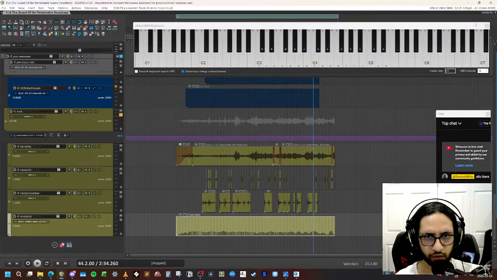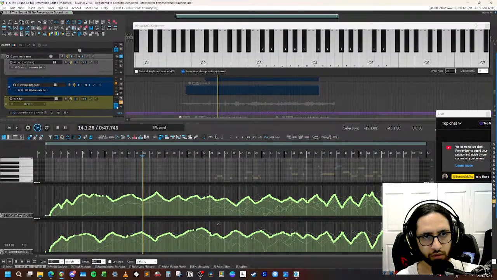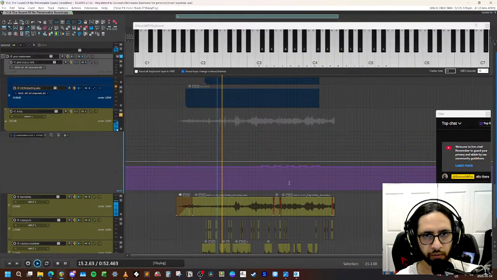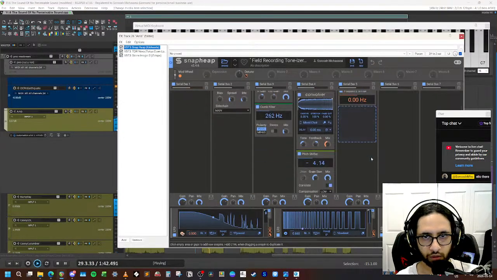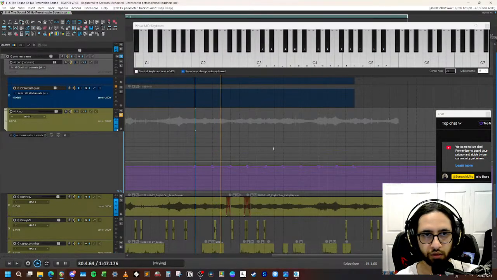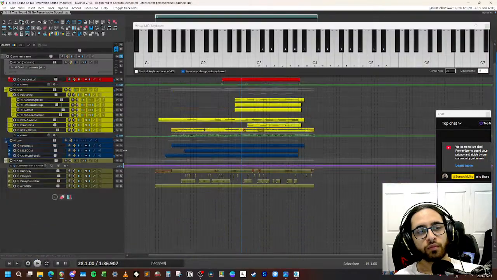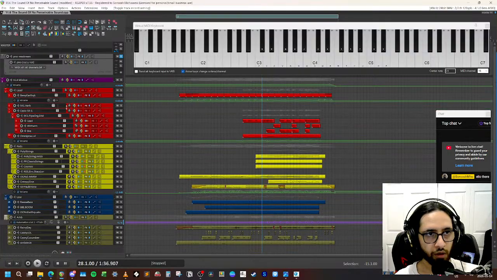Did I use the... I think that's all I used. Yeah. Oh, it looks like I also automated the pitch because it just wasn't working with... Yeah. Just to make sure it works with the chords and stuff. So that's the ambient layers. Let's see what else we have. Just gonna go back to the beginning.